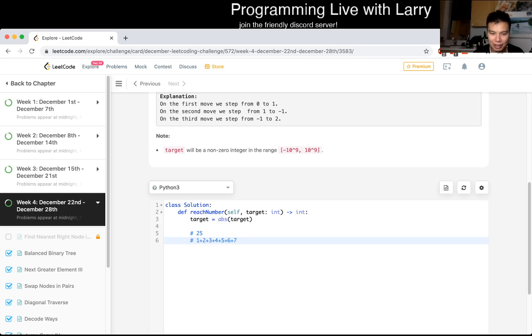21, 28. Wait, let me double check that my number is right, because that would be really silly, right? Okay, so it is 28. I've done this before where, okay. So 28, what does that mean? That means that in order to get to 25 from here,